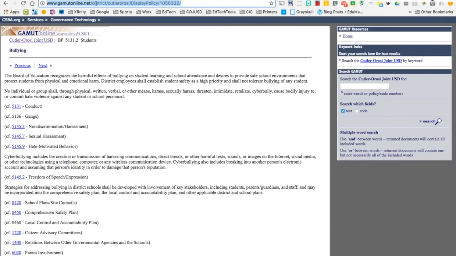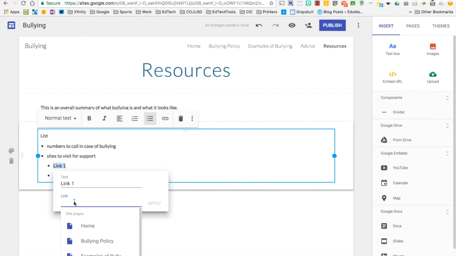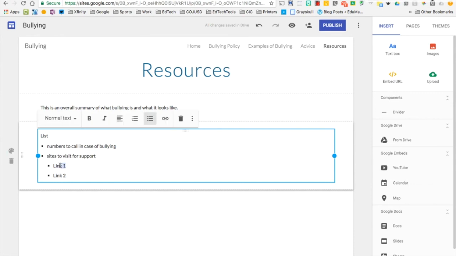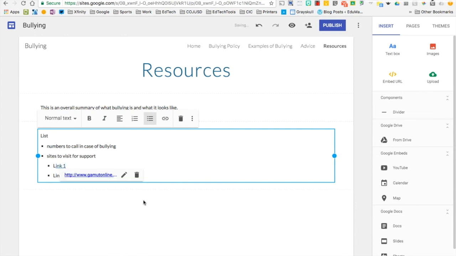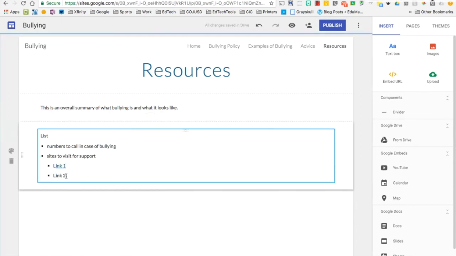So if you've already done this before, but you find the URL, again, you do some research on this, find the actual one. Once you find it, then you paste it here, and then repeat that. Oops, try that again. Didn't go. There it goes. And then you repeat that process for however many links that you include